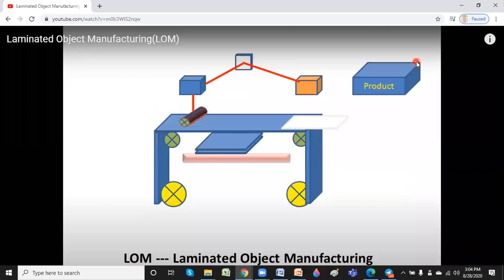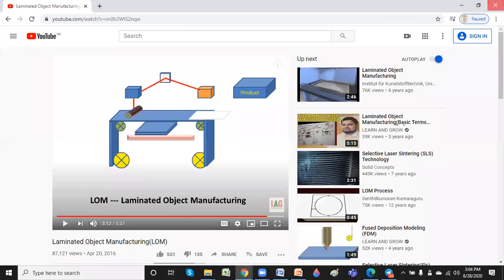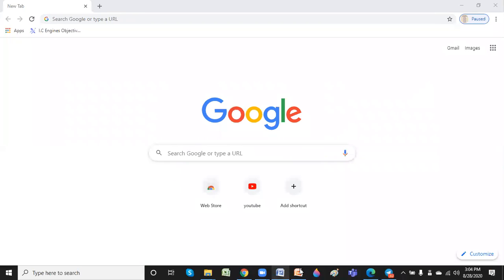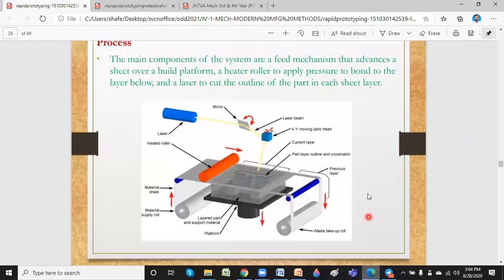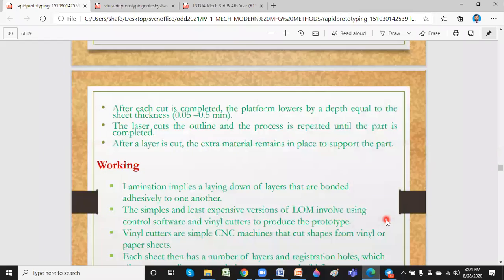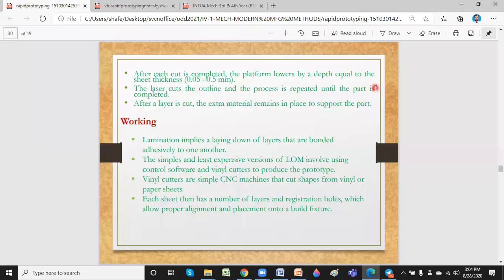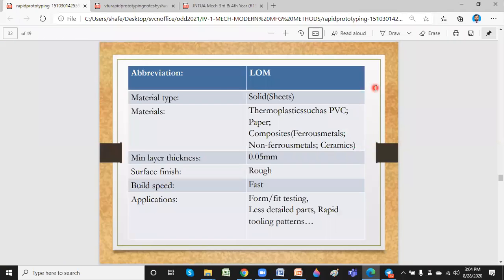So let me finish the class by taking what I've shown here. Now just see, materials mostly used are solid sheets of materials like PVC, paper, composites, and ferrous metals, and the minimum layer thickness is 0.05 mm.